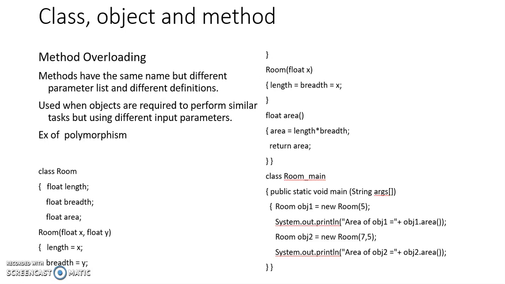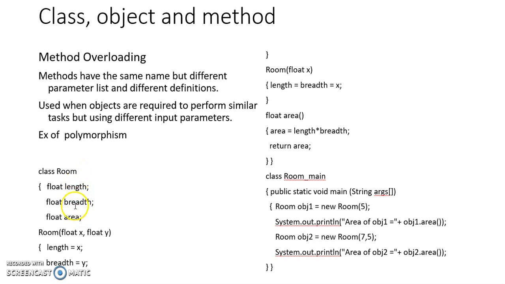Again, that is function overloading in the case of C++, but when it comes to Java, it is basically known as method overloading. So methods have the same name but different parameter lists and different definitions, used when objects are required to perform similar tasks but using different input parameters. An example of polymorphism. So you can see here that you have a Room class over here, inside which you have